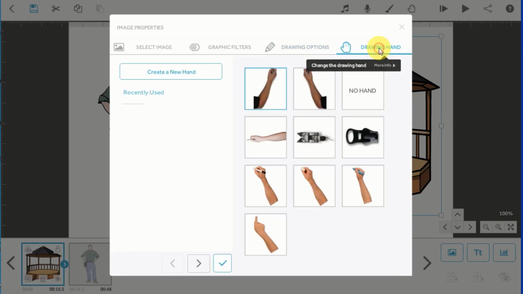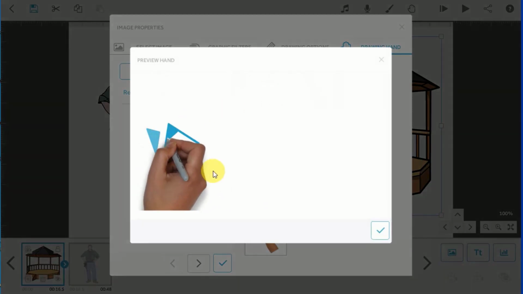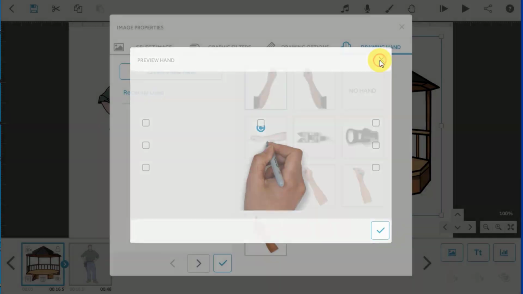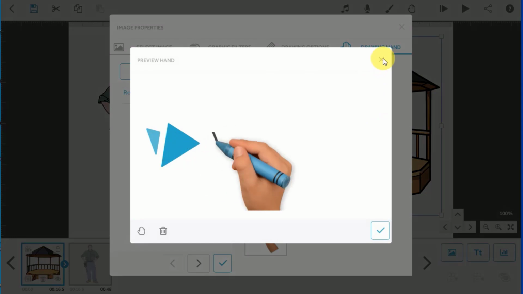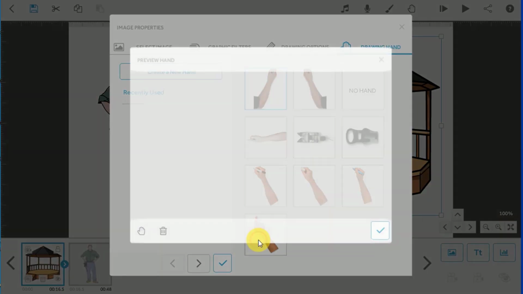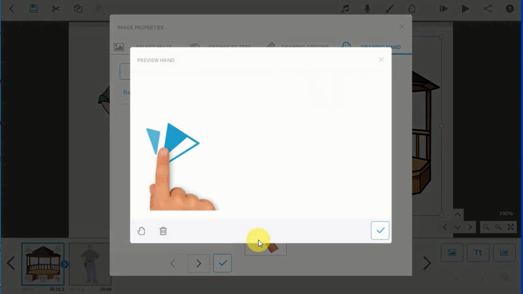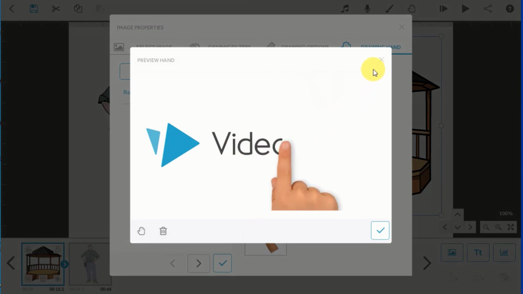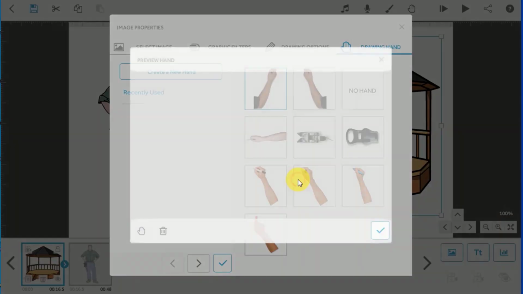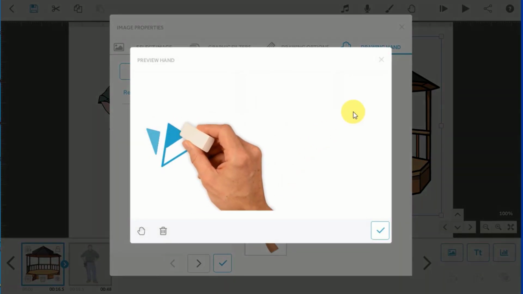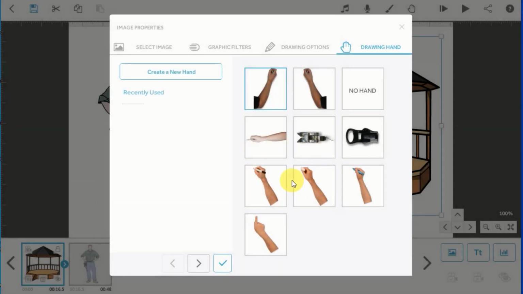Once you open that, you can see that there are different hands available, like this one with a pen, or you can choose this one which has a crayon in his hand, or this one which works just with a finger and no pencil or marker, or a hand like this one which has an eraser in his hand,